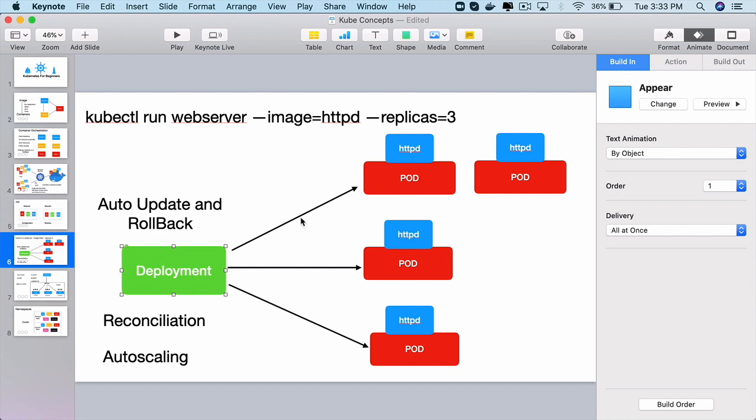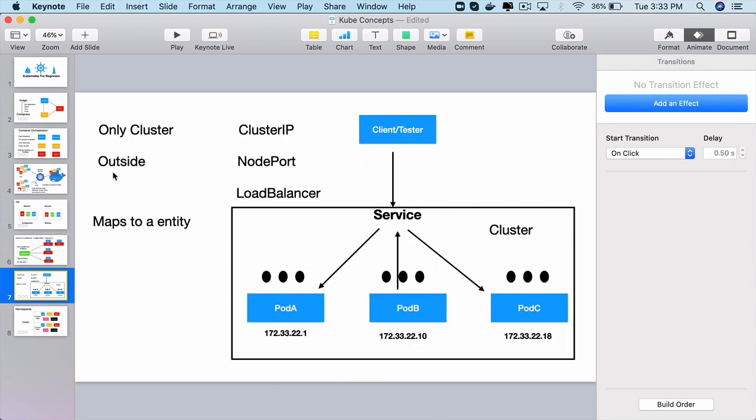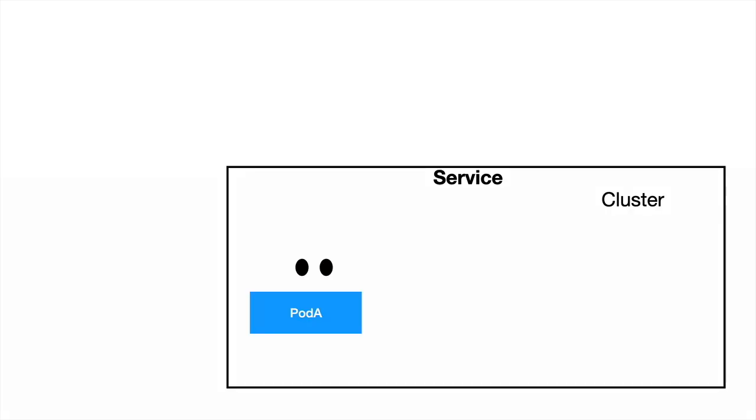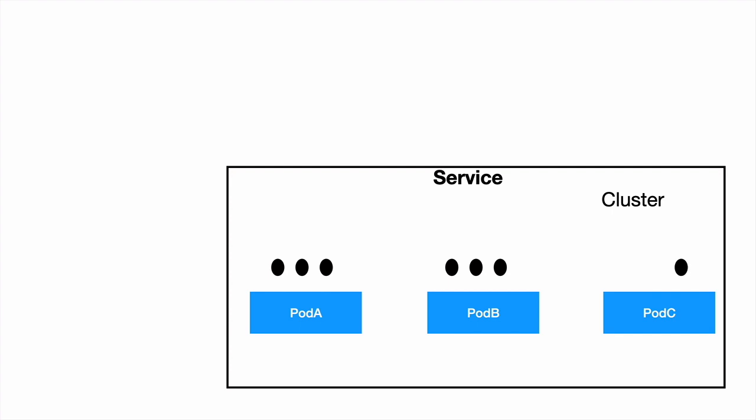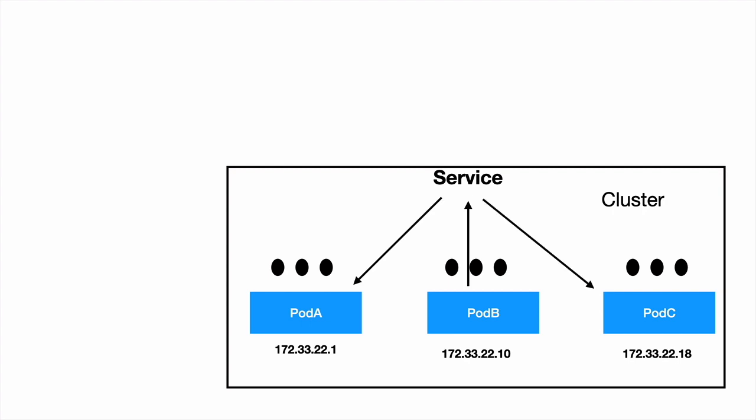Now that we have a deployment through which we can create any number of pods we want, how can these pods access each other or applications outside the cluster access these pods and containers within them? That is where the service comes in. Through the service object, each of these containers within the cluster can work with each other, or each of these pods can communicate with each other, and the applications outside the cluster as well can communicate with the pods in the cluster and vice versa.